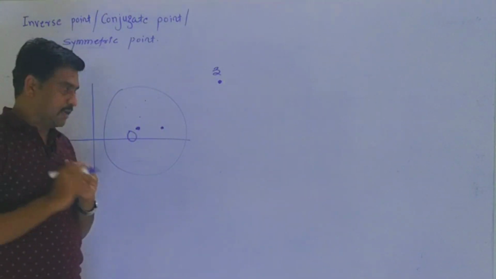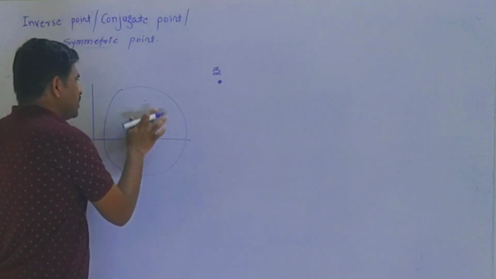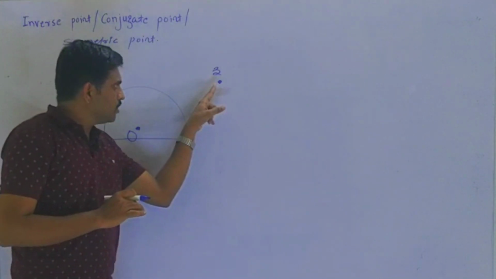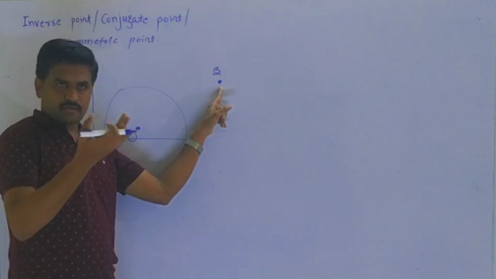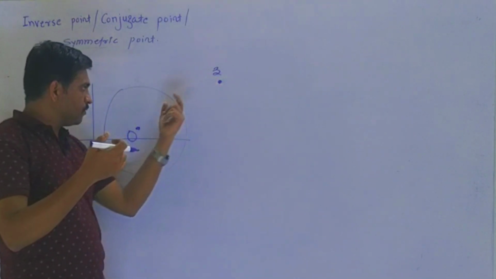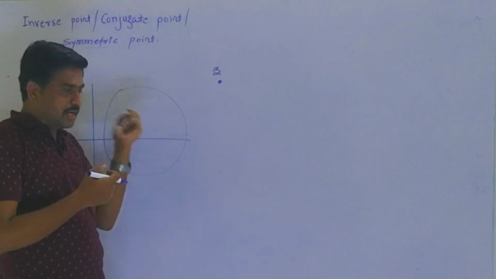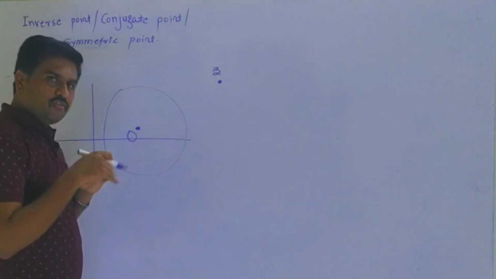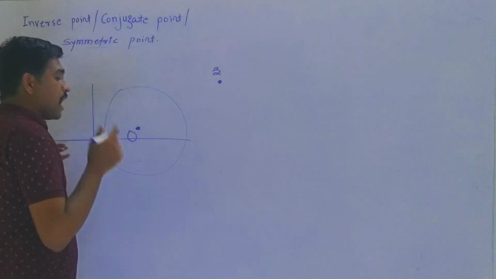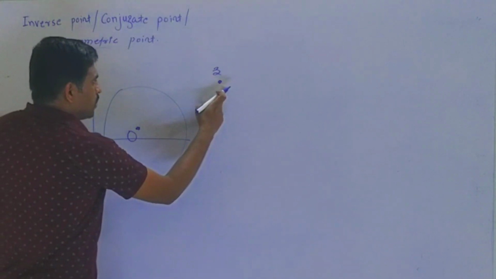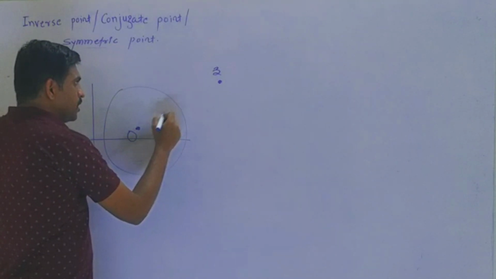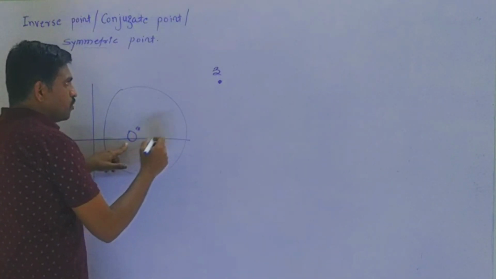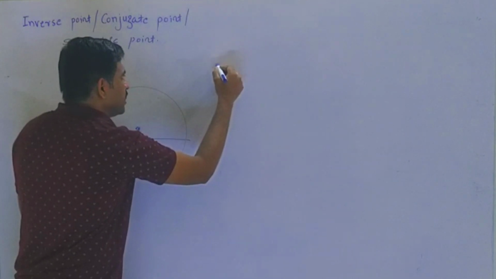Now second thing, if I want to find the conjugate of this point, the first thing is that we will get the conjugate point inside the circle, right? But where? The position we can also fix. Always remember, if I find the conjugate of this point inside the circle, but O, this is O, so suppose I write here Q.